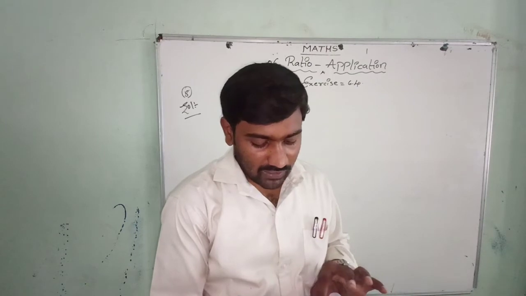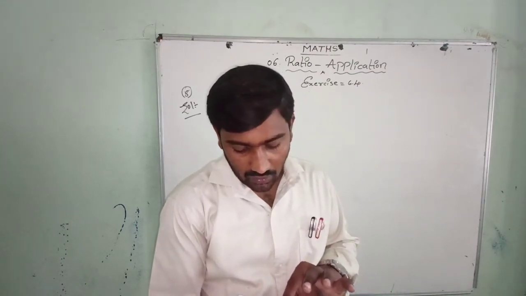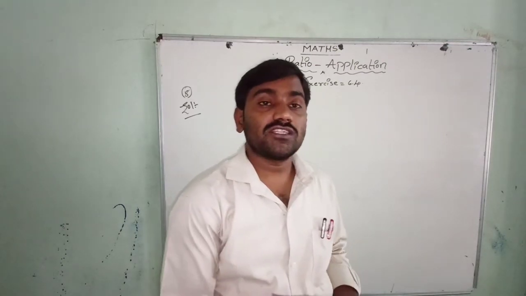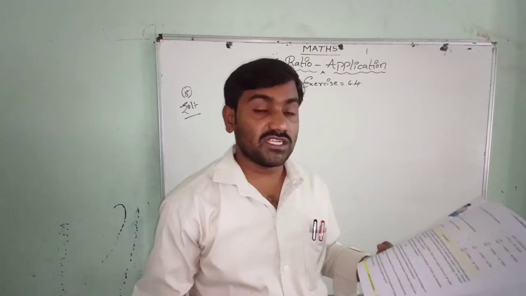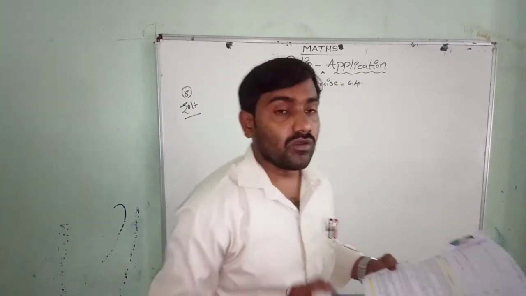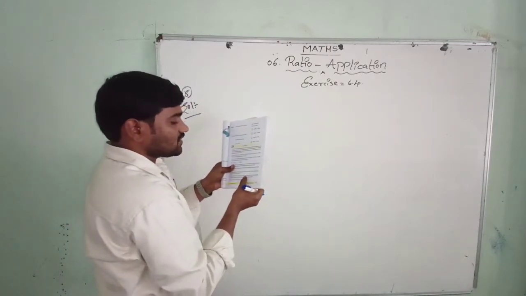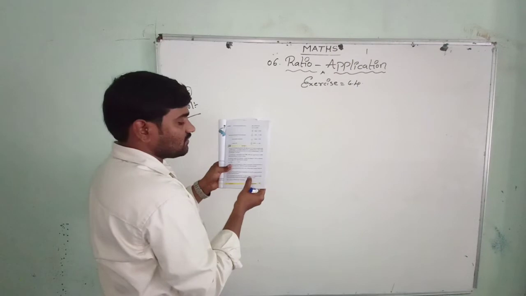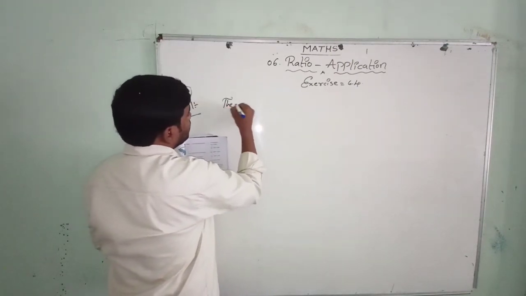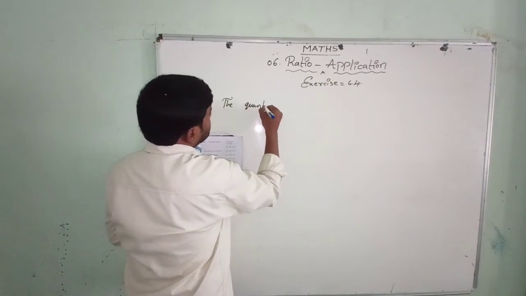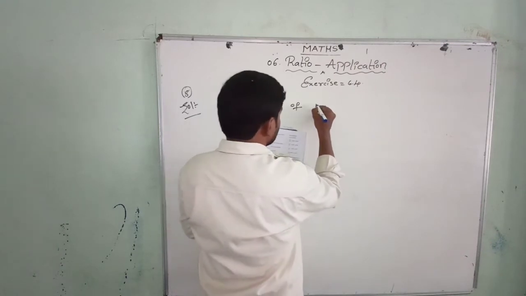What is the percentage of gold? మరి గోల్డ్ పర్సంటేజ్ ఎంత? Then silver, copper in every gram of gold. What is the percentage of silver, what is the percentage of gold, and what is the percentage of copper in every gram of gold? So let us find out first the quantity of silver. The quantity of silver is 0.25.